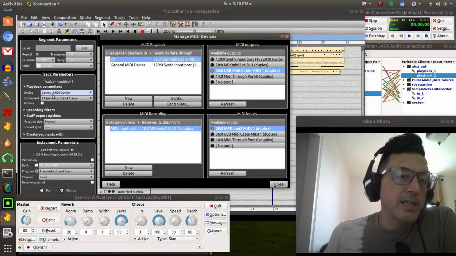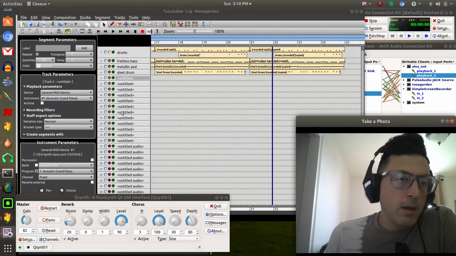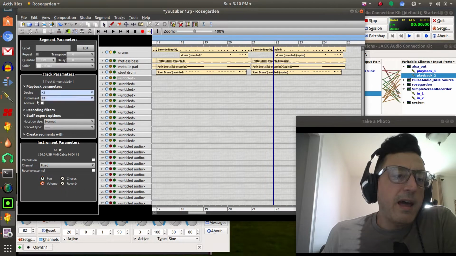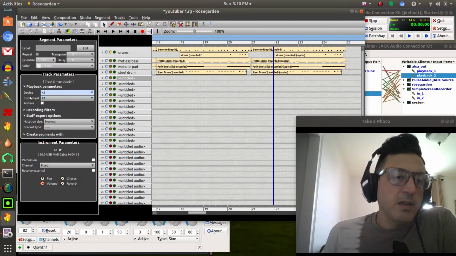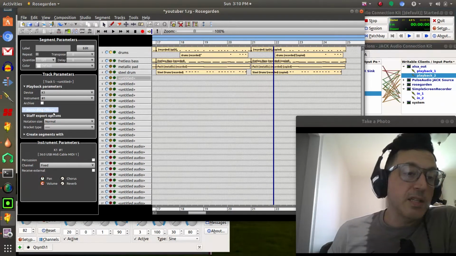So you have device, that's your general MIDI device, and that is this playback device. And then once I click close here, now we'll see in this drop down menu we have K1 as an option. So if we click that instrument, this is going to be your MIDI channel. And so this is basically what we did: we created a software definition for the actual Kawai K1 synthesizer,